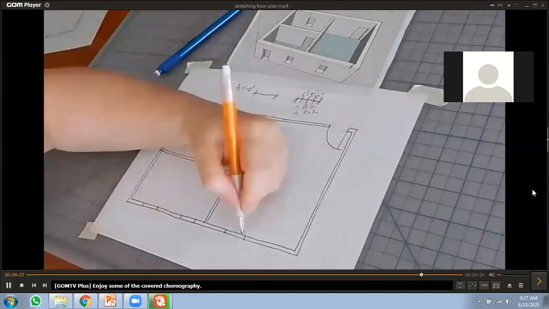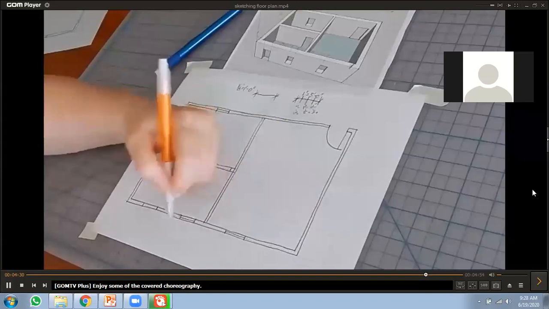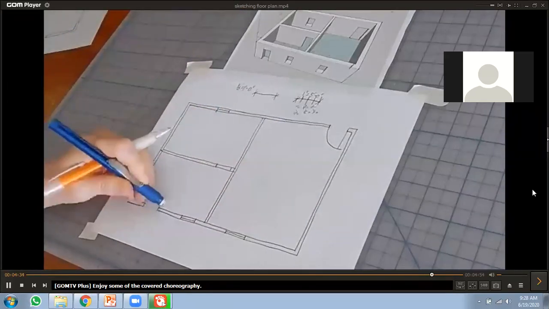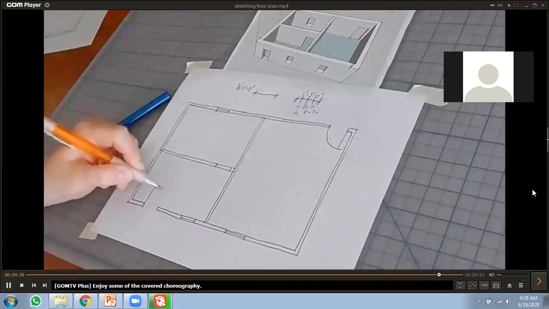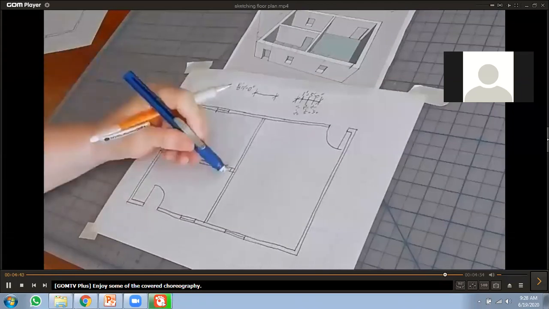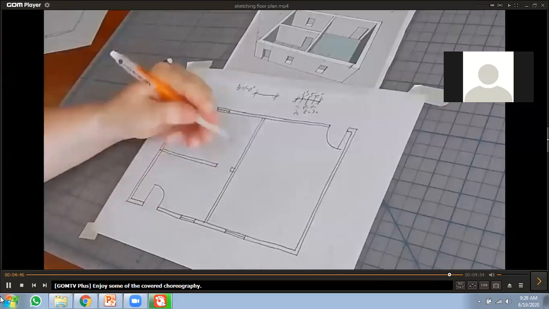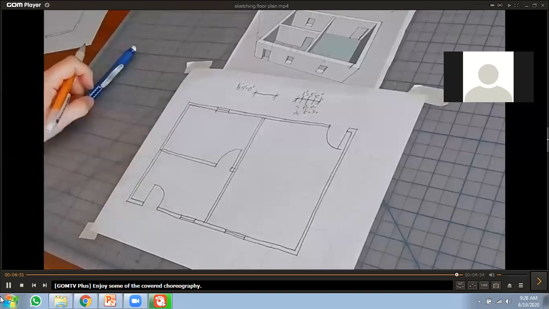Add another window, window, and let's turn this into a door. One more door here. And there you have it.